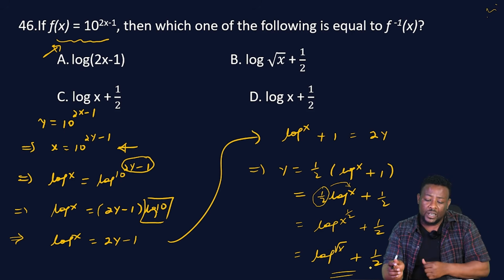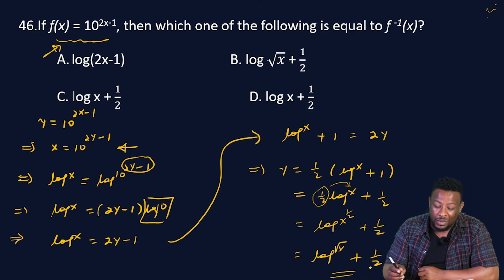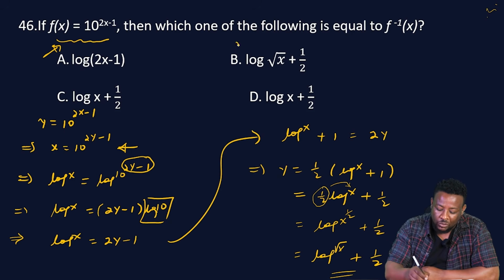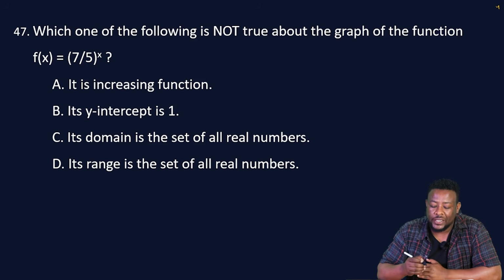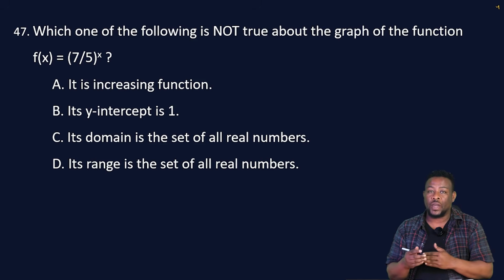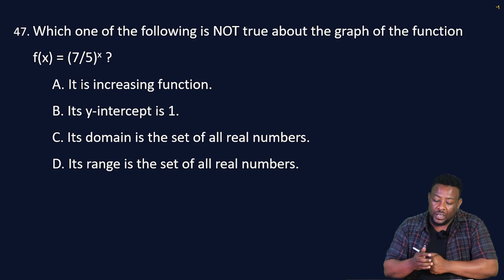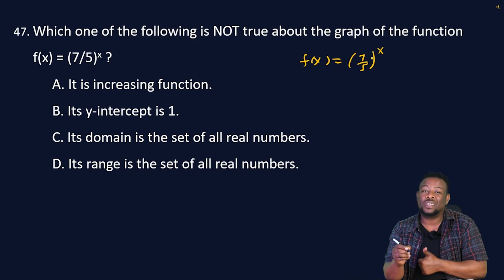ሶ ይሄንን ቀጥታ ከምርጫ ውስጥ እናገኛለን። የ46ኛው ጥያቄ መልሳችን የሚሆነው ቢ ነው ማለት ነው። ወደ 47ኛው ጥያቄ ጋር ስንመጣ which one of the following is not true about the graph of the function f of x is equals to 7/5 the power of x ይለናል። ኦኬ ምንድነው የተጠየቅነው? የሆነ ኤክስፖኔንሻል ፋንክሽን አለ f of x is equals to 7/5 the power of x የሚባል ስለዚህ ፋንክሽን እውነት ያልሆነው